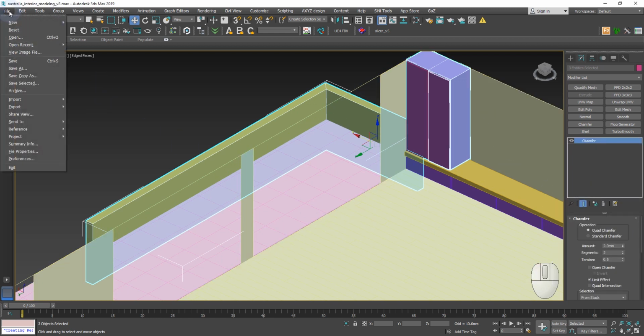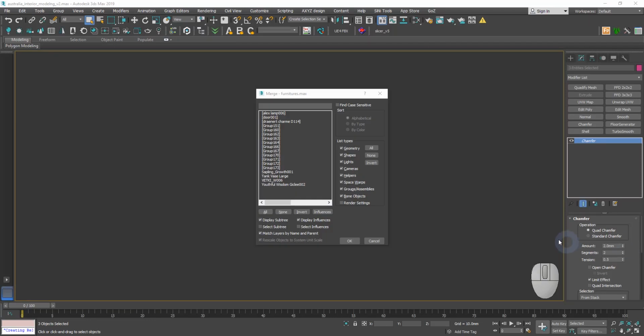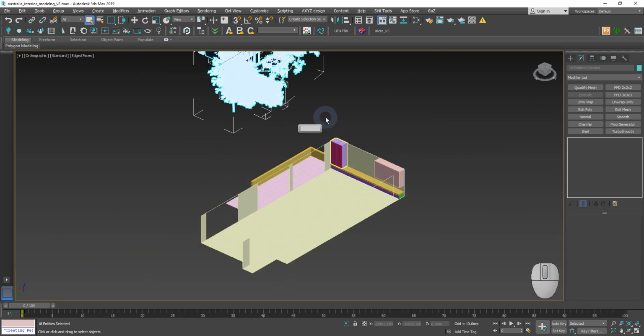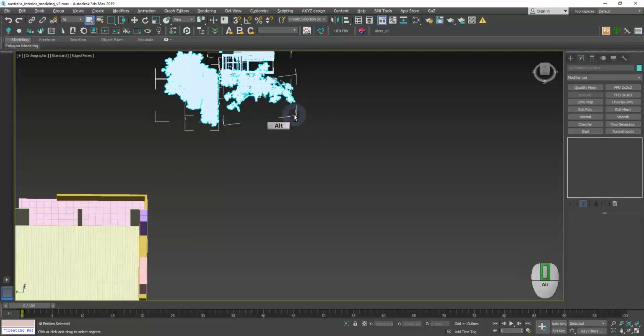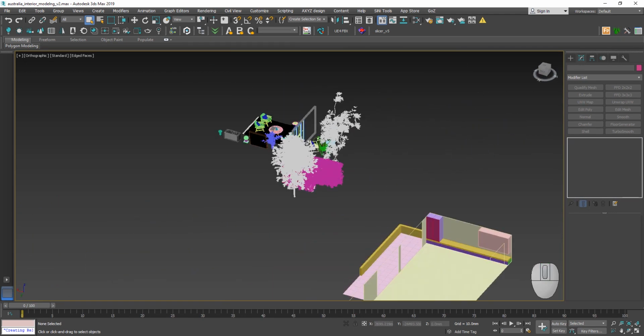Now, let's upload the prepared furniture to the object. Import, Merge, All OK. Our furniture, our objects, have been added.